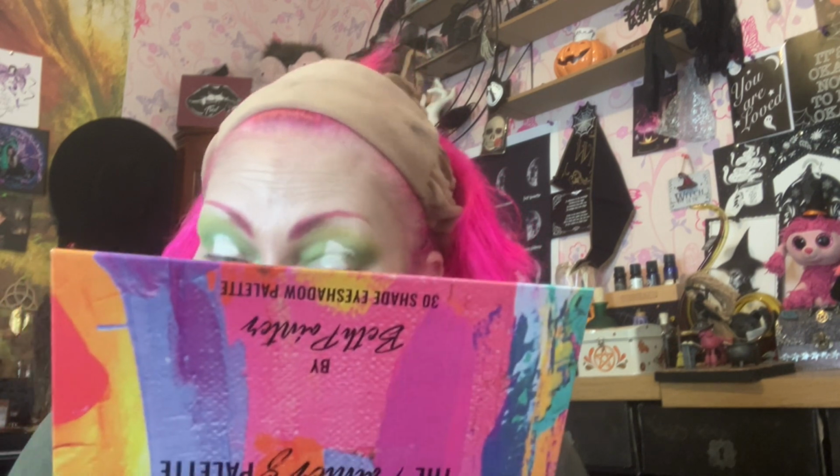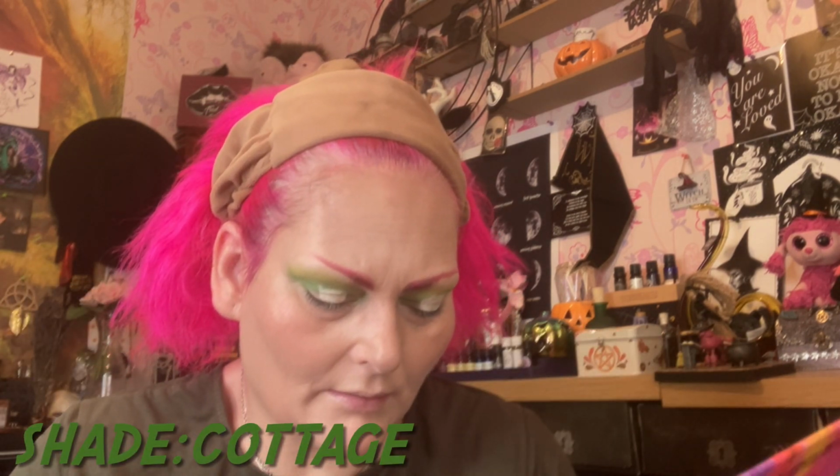I need to put it up against the Technic one that I've got and see which is the best one, see what you think is better. If I do the same look on each eye, you can then tell me what side you prefer. But I won't tell you which eye it is until the end, and you can let me know before the end what you think it is. So right, I think the darker green one here, we're going to